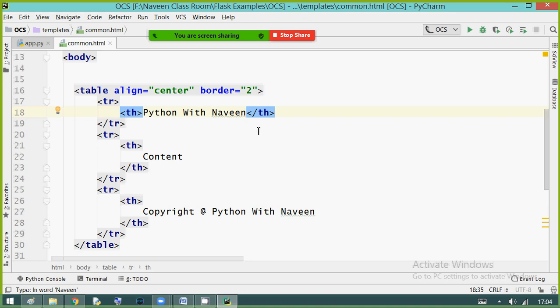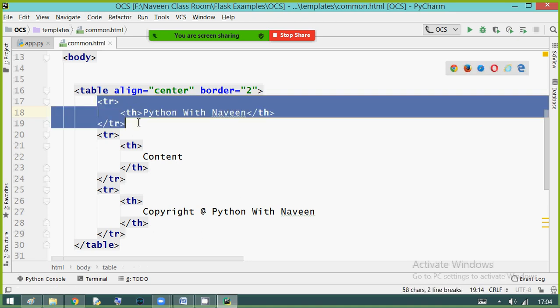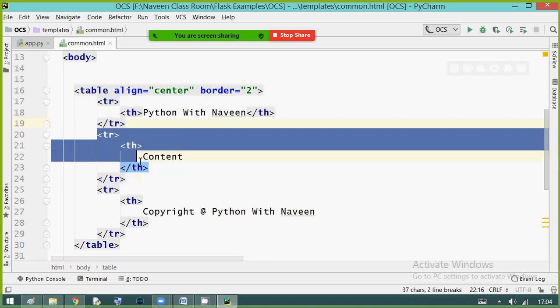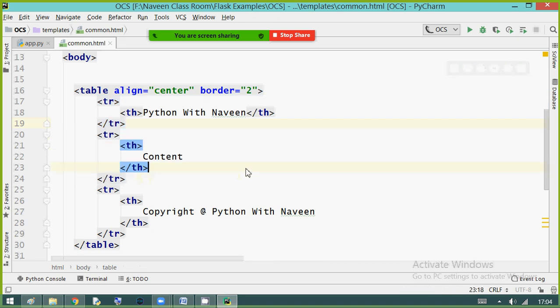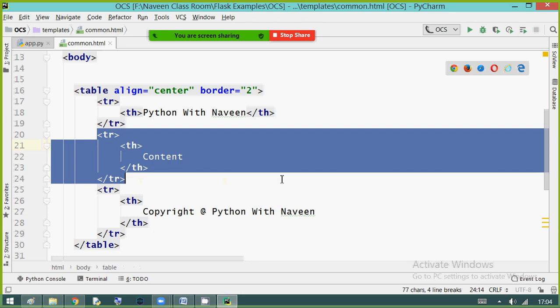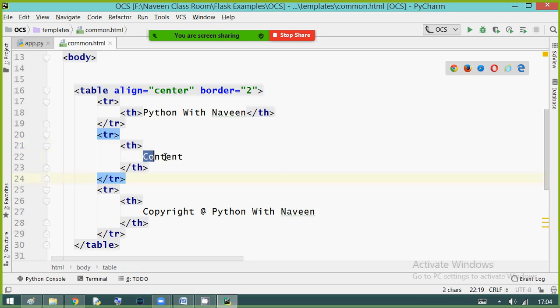So then, concentrate. This is my first table row, that is my title part, and this is my content part. This content part is going to change every time. I'll explain in detail. Observe, in this content part I'm leaving a block variable. We'll call this a block tag.